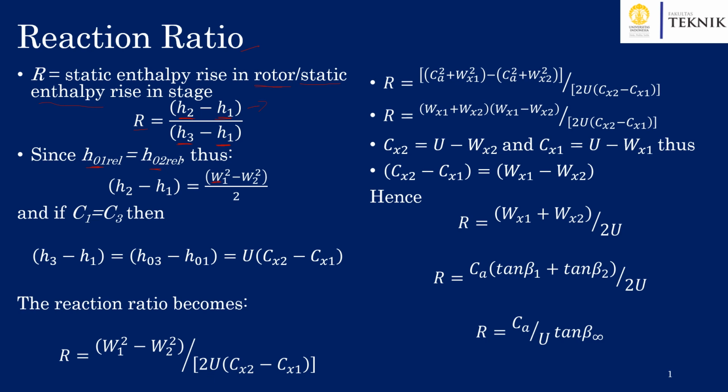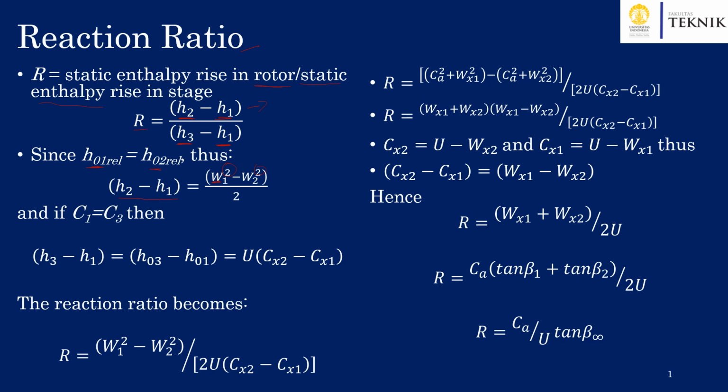So we can rewrite the static enthalpy rise across the rotor, or H2 minus H1, as a function of the relative velocity. So this becomes H2 minus H1 is equal to